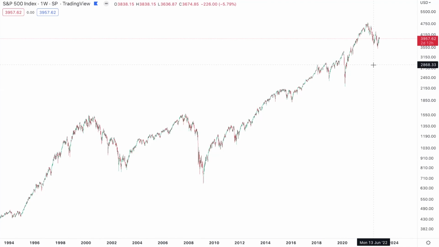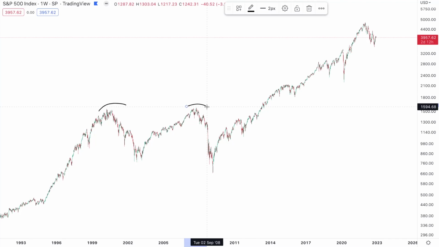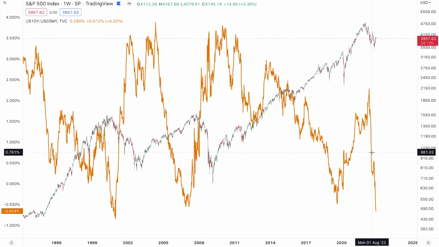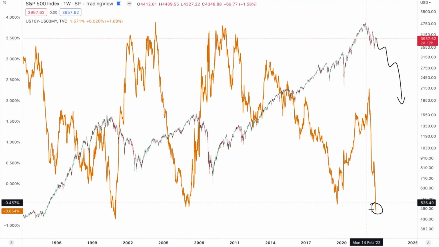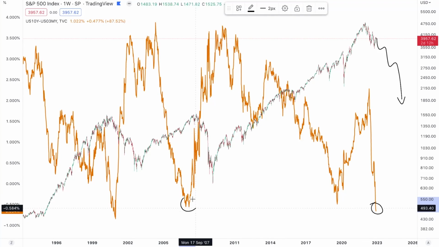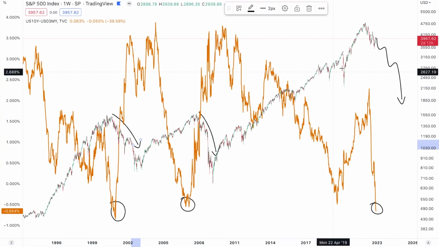So many people are concerned that this is just another Great Depression that's waiting to happen. And with the yield curve that recently inverted here, many investors are waiting for the market to head a lot lower imminently, because yield curve inversions are a predictor of recessions, right? In 2008, the inversion predicted the crash. In 2000, the yield curve predicted the crash. So why would it be any different this time?